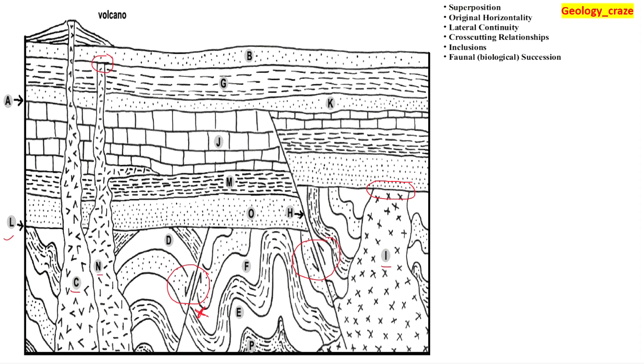Now we are comparing the lithologies with the other things. Okay, if I look below L, okay, below L, all the beds are folded and this fault took place, and this granite also took place below the L. It means this process of formation is the earliest process of formation. Okay, and there is breakage after this. Okay, because here we are getting the erosional surface that is represented by L. Okay,